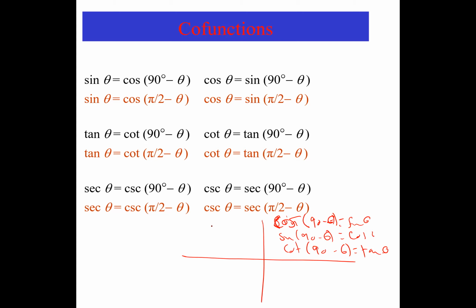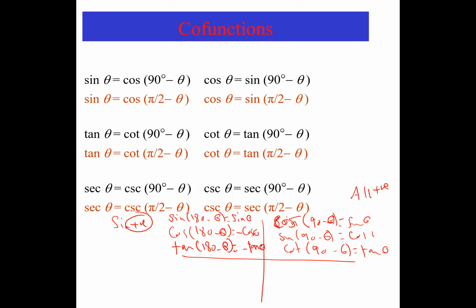Okay. In the second quadrant, and we solved some exercises on these properties yesterday, we said sine 180 minus theta equals sine theta, and cosine 180 minus theta equals negative cosine theta, because in the first quadrant all of them are positive. In the second, only sine is positive and the third is reciprocal. So cosine 180 minus theta equals negative cosine theta, and tan 180 minus theta equals negative tan theta. Okay. In the third quadrant,